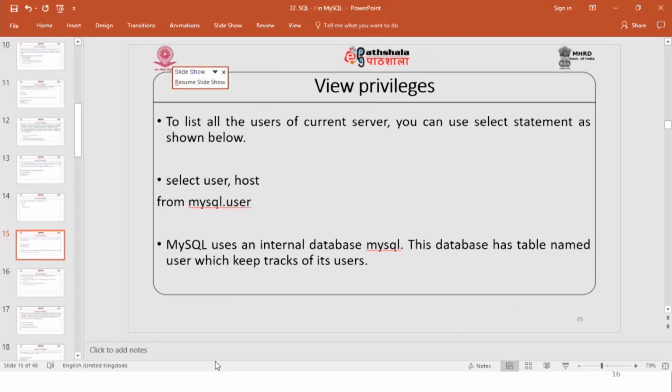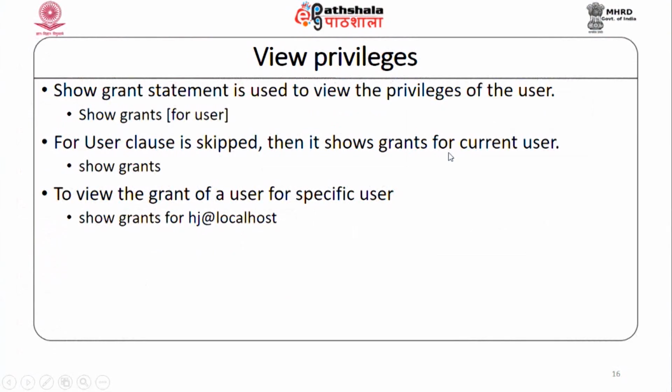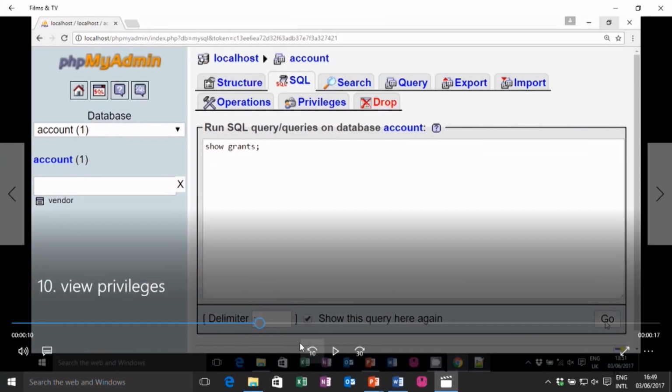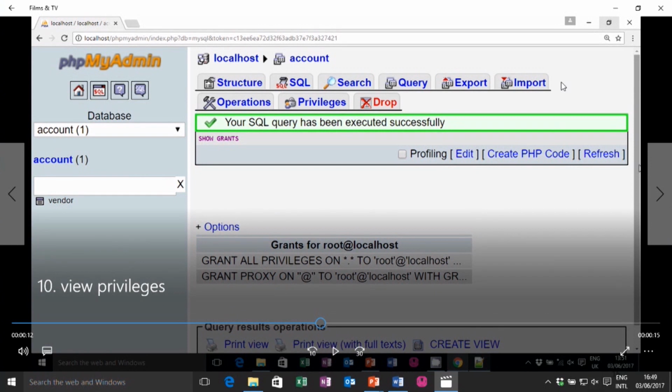Let me show you by video. Look here, I write SHOW GRANTS. It will show GRANT ALL PRIVILEGES ON star dot star TO root, and GRANT PROXY ON '' TO root@localhost WITH GRANT OPTION.